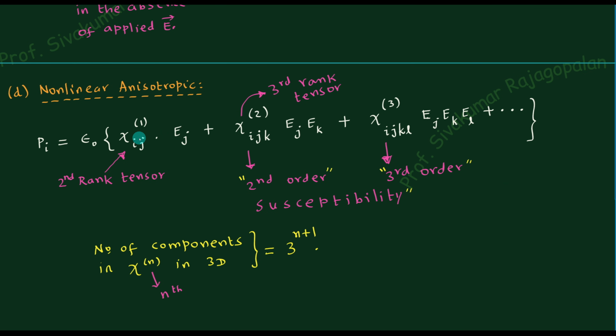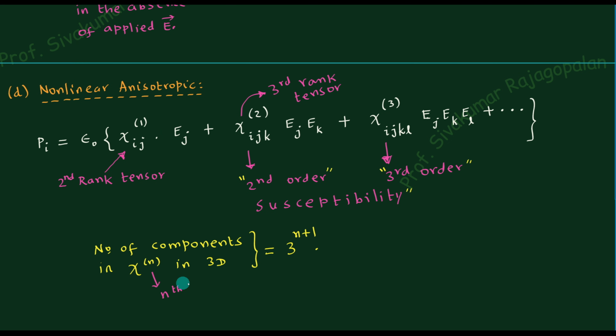So that is clear. Coming to the nature, whether it is a scalar or a tensor, how do I know? It is the number of suffixes that you have. If you have two suffixes, it is a second rank tensor. Now order is changing, now the name is rank. Similarly, if three suffixes are there, we will call it third rank. Three suffixes means third rank, four suffixes means fourth rank. I didn't write it. Okay, this is third order, this 3 is coming here. Therefore, this must be a fourth rank tensor.